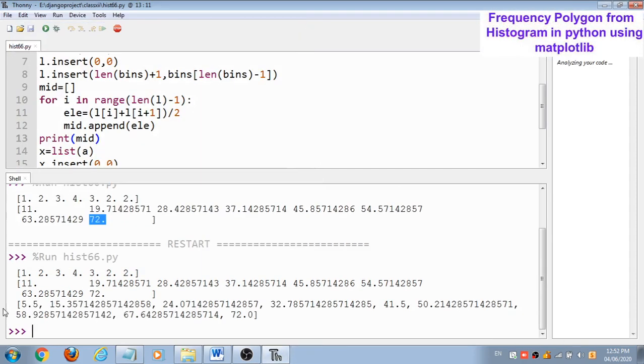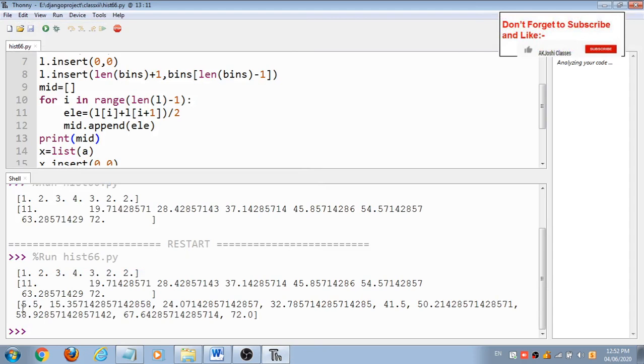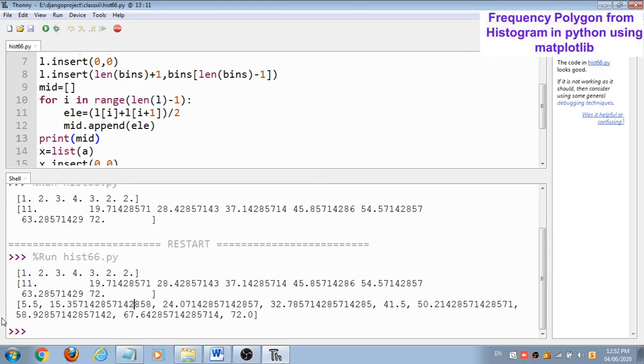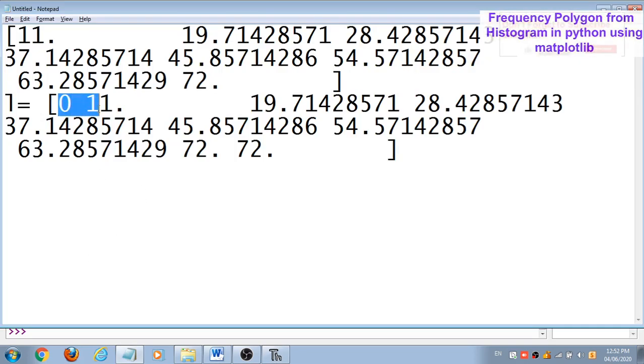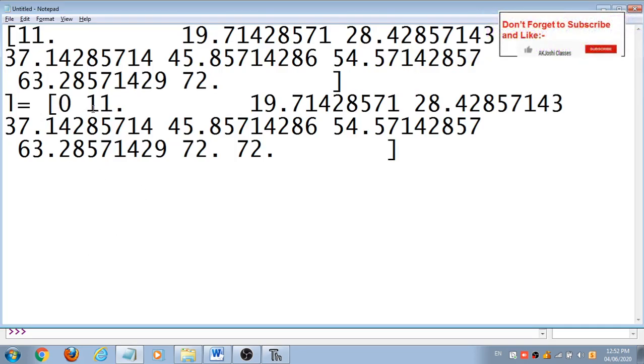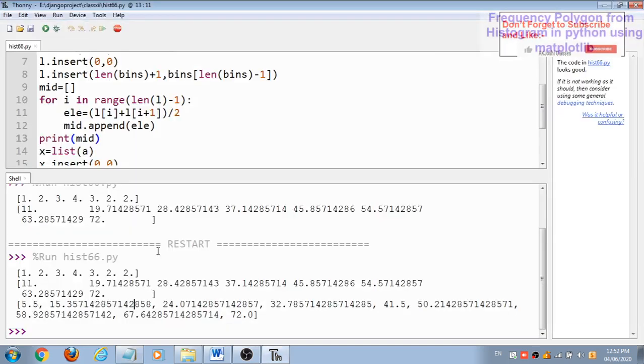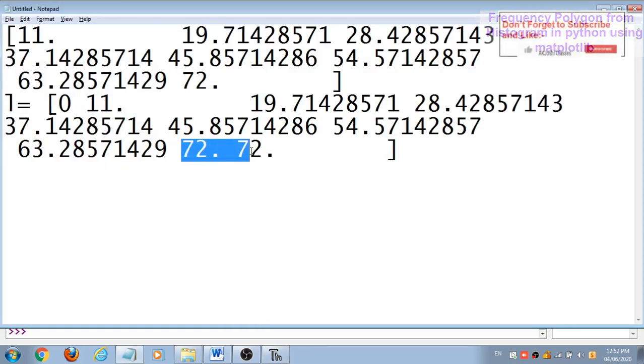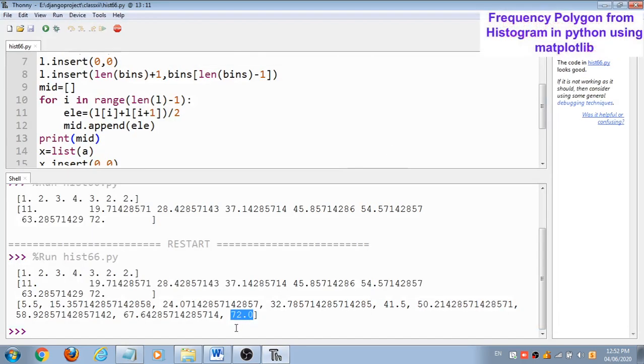So now you can say this mid has the first value 5.5, then the next value is 15 point this. So what is 5.5? The average of 0 and 11. Then the average of 11 and this, and the last we have this 72, because the next is not any element. So that's why this is 72.